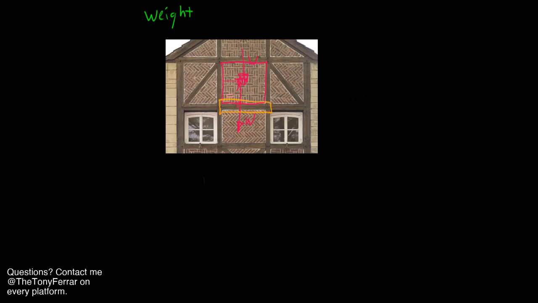But it turns out any body can be thought of as being composed of an infinite number of little particles, each of differential size, each with their own differential weight. Just think of the body as a collection of molecules and atoms, each with their own weight and location. And when we add up the individual weights, we get the overall weight of the object, and we call the location that acts through the center of gravity. So for an object of uniform density, this is the exact same location as the centroid. So the center of gravity is the same as the centroid